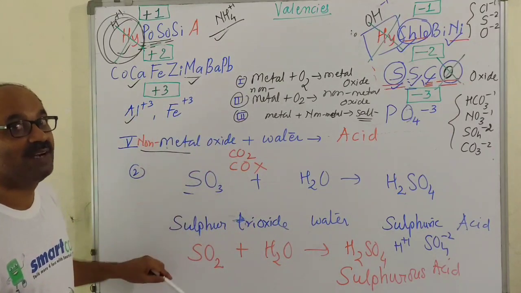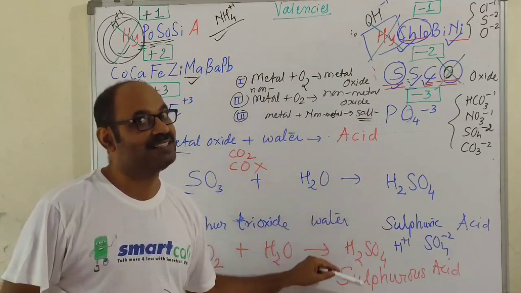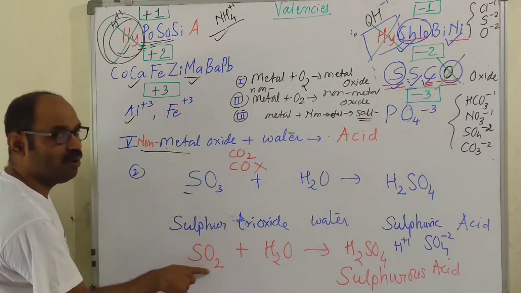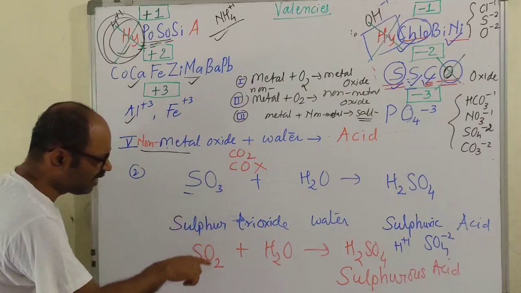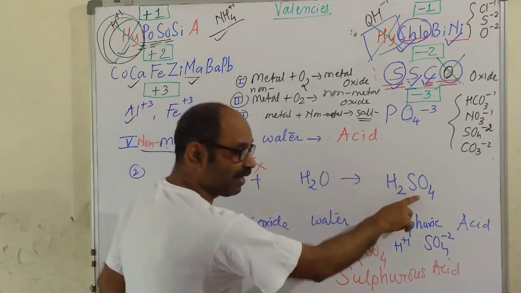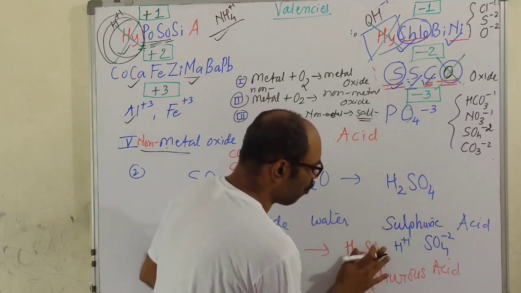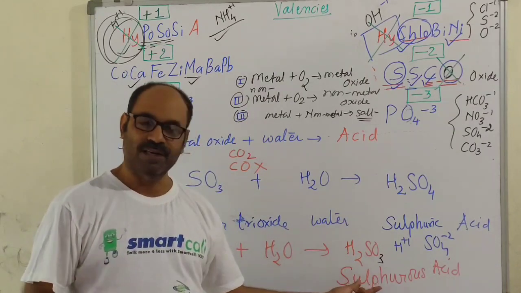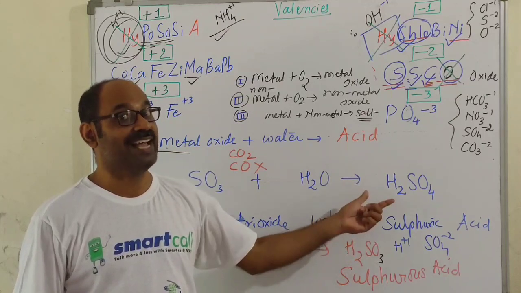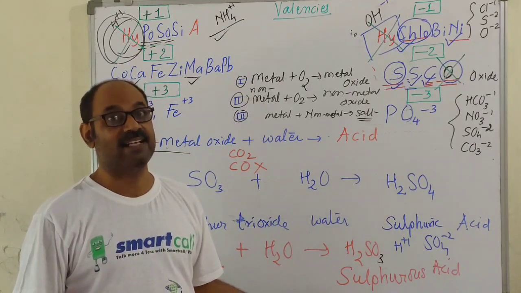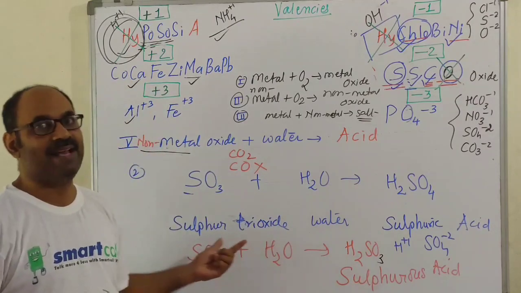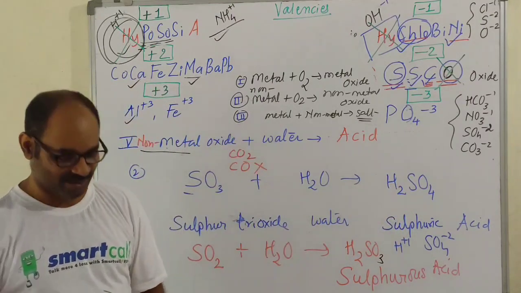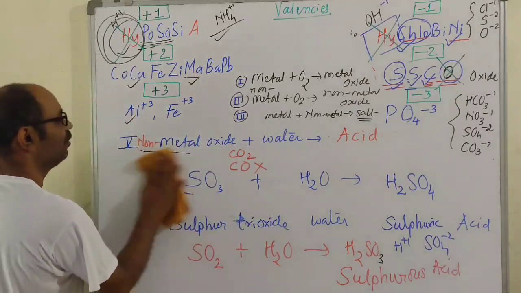molecular formula of sulfur trioxide and sulfur dioxide is different, so the molecular formula of sulfuric acid and sulfurous acid are also going to be different। What is the change in the formula, here O3, here O2, सल्फर एटम्स तो सेम है लेकिन ऑक्सीजन एटम एक कम है, तो वही सल्फ्यूरिक एसिड की फॉर्मूला में O4 है, वो 4 निकाल दीजिए, एक कम कर दीजिए, and H2SO3। This is the trick to do it, all right, so sulfuric acid is H2SO4, sulfurous acid is H2SO3। Sulfurous acid you get when sulfur dioxide is dissolved in water, sulfuric acid you get when sulfur trioxide is dissolved in water। Is that clear to you? Sure।